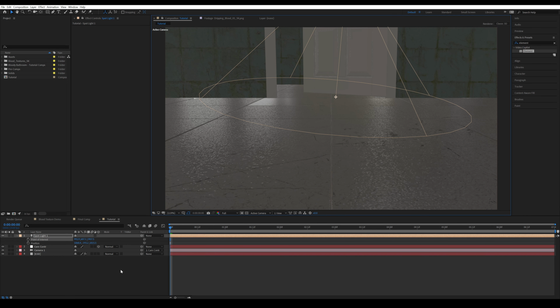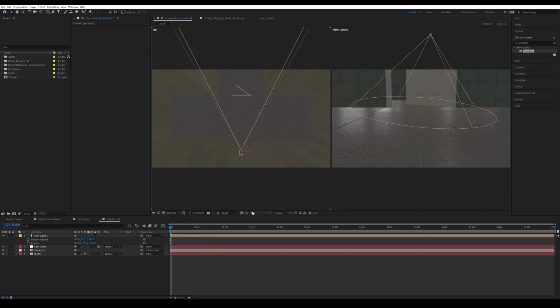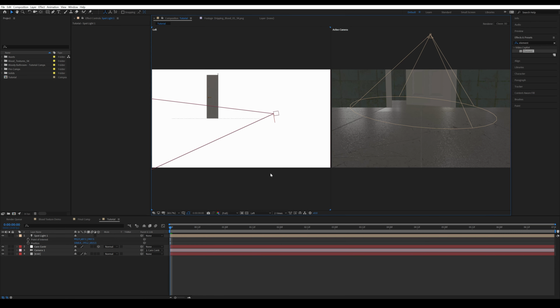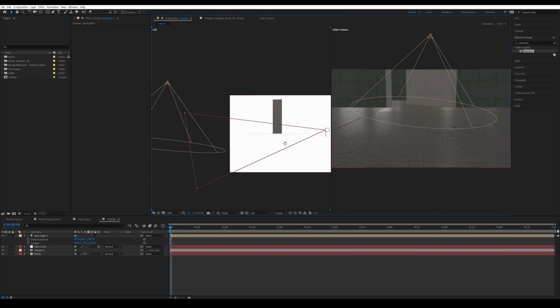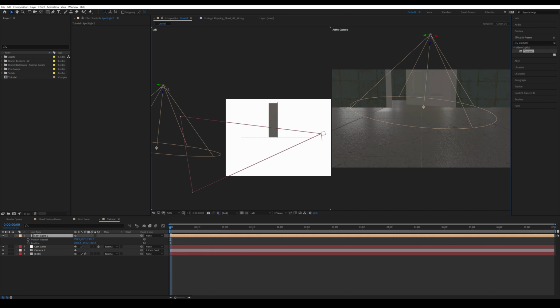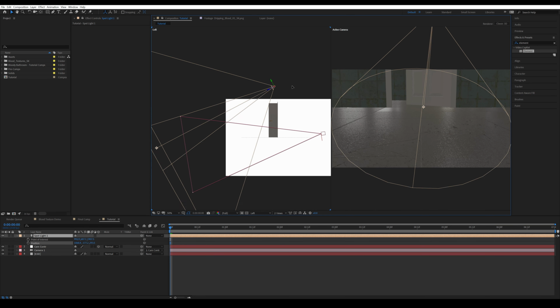To have a better understanding where your light is, you can switch to two views and change the view for this to be on the left, for example. So you can see this is our door and this is where our light is, and you can just grab that and bring it